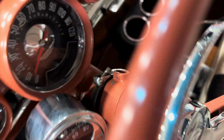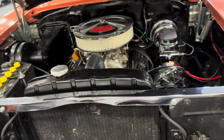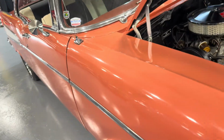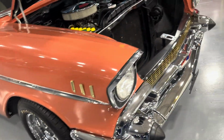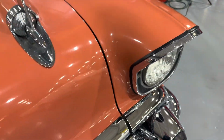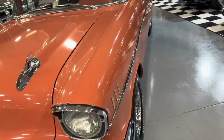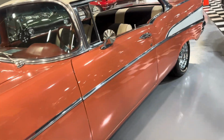As you can see, the car was an automatic originally, but it is now 4-speed, like I said, 327. Let's go ahead, close this hood. Closes beautifully. If you are interested in this 1957 Chevrolet Bel Air, give us a call,